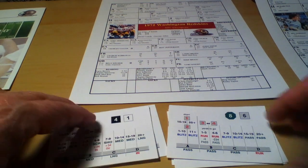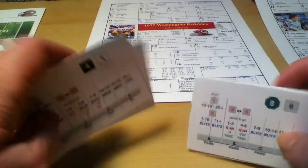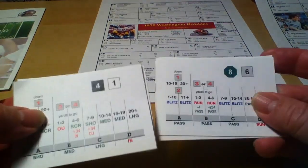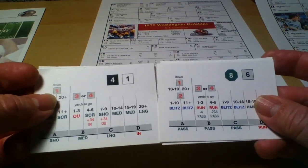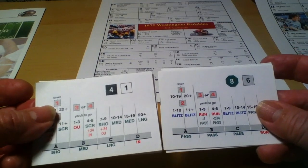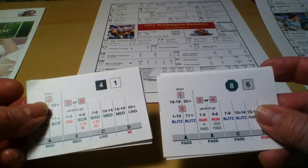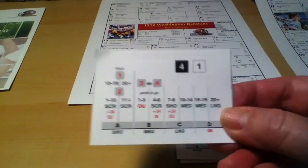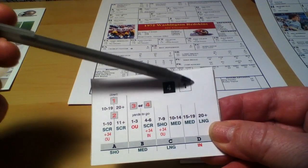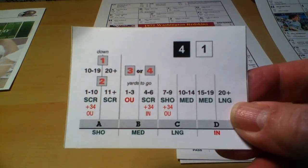So I'll start with the Second Season ones. Basically you've got a front and a back, but the way the PDF is printed out, I couldn't figure out how to print them back to back and have them line up, so I ended up just printing them single-sided and having two decks to flip through. What you have on the front side are black and white, and you use this for the dice rolls